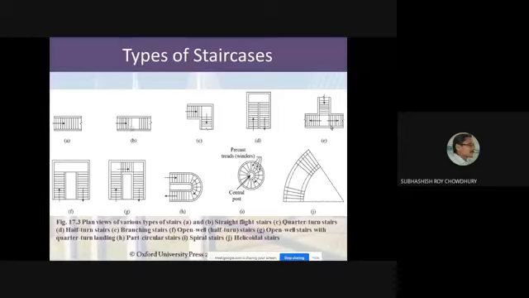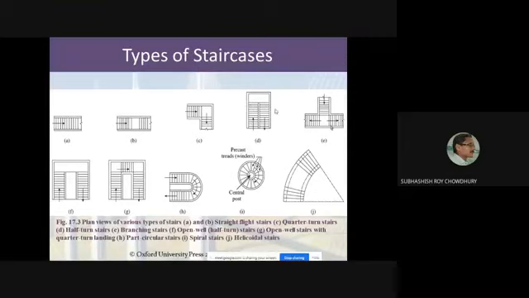And otherwise, if the supports are here or here, then it will be called a longitudinally supported stair. Now, in the case of a longitudinally supported stair, it is very common that there may be a beam along this line at the end of the landing. There may be some additional beam at the end of the going portion. This is called the going portion. Going portion means the inclined part. So at the end of the going part, there may be a beam.